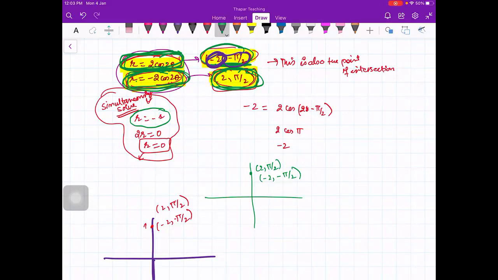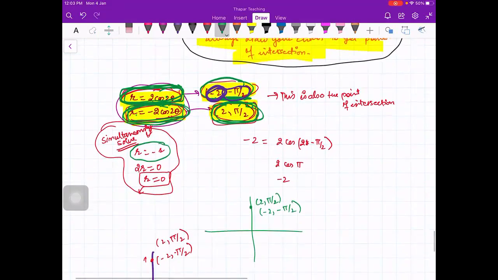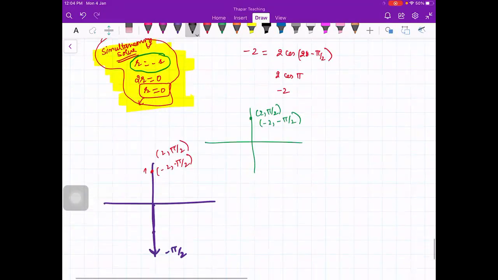Okay, beta? But first you should focus on these four curves, and then you should understand that for getting the points of intersection, we have to plot the curves. We cannot get all the points of intersection by simultaneously solving the equations, right? And tomorrow we will use this theory to find the area bounded by the curves in polar coordinates, using multiple integrals. So we'll stop our lecture here today. Tomorrow we'll continue from here.